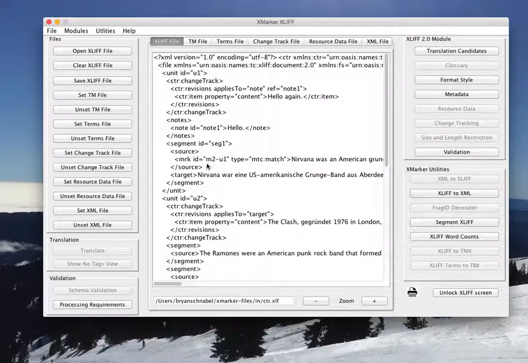Okay, so that's pretty cool. What you see is that the schema validation actually doesn't let us, I didn't mean to demonstrate that. There was something wrong with that file, but the schema validation would not let us translate the file until we fix whatever's wrong. So to fix it, we could unlock our screen, and that will let us get in